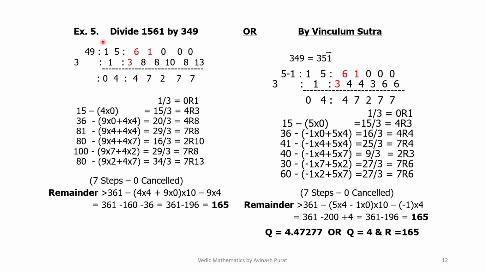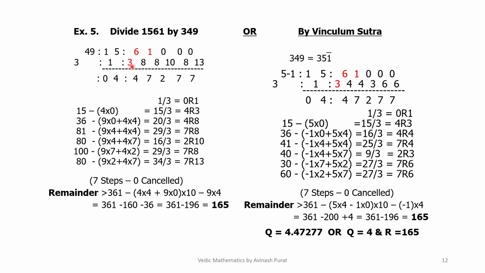Fifth example, divide 1561 by 349. 3 is the first divisor and 49 second and third divisors taken as Dhvajanks. There are 2 digits in the Dhvajanks, so 61 is taken after the decimal point. 1 divided by 3 is 0 and remainder 1. 15, 4 into minus 4 into 0, that is 0. 15 minus 0. 15 divided by 3 equal to 4